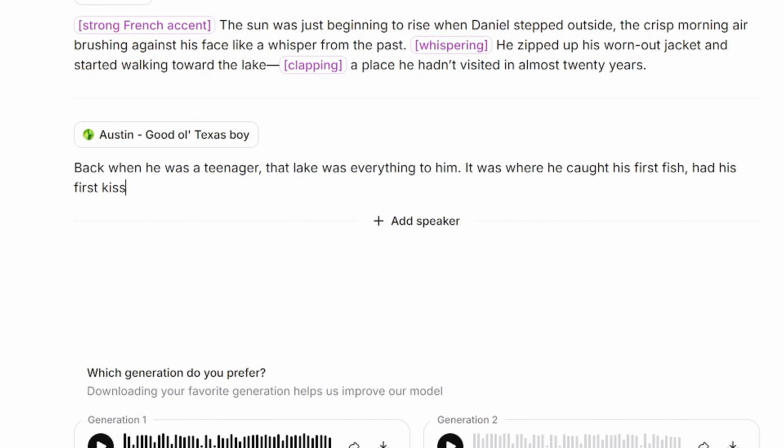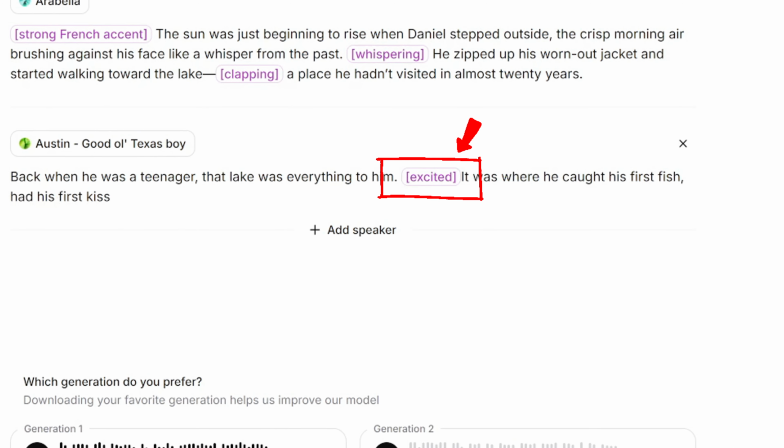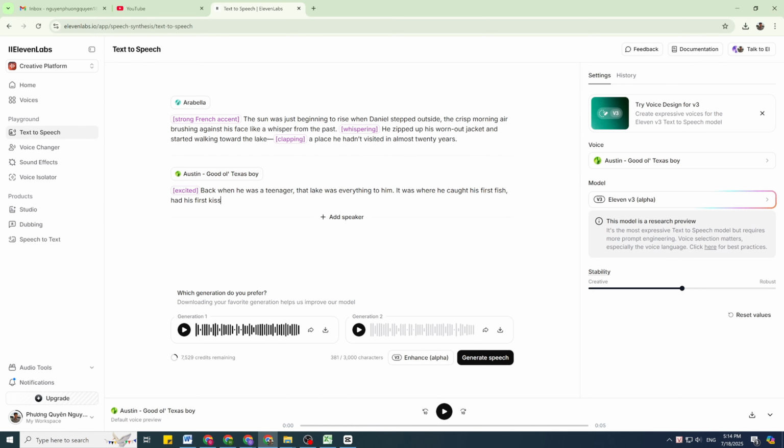Here's a line I'm using. Back when he was a teenager, that lake was everything to him. I'll paste that into the second speaker's section and add the tag excited to give it some emotion. Click Generate again